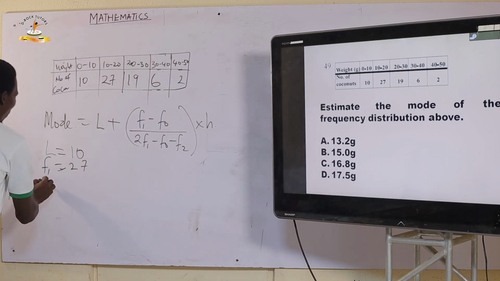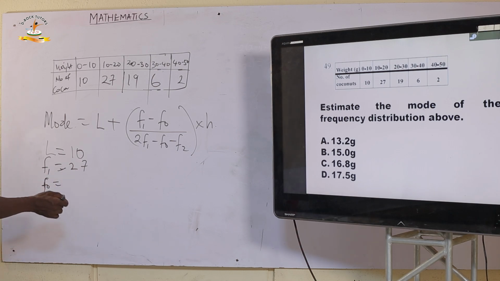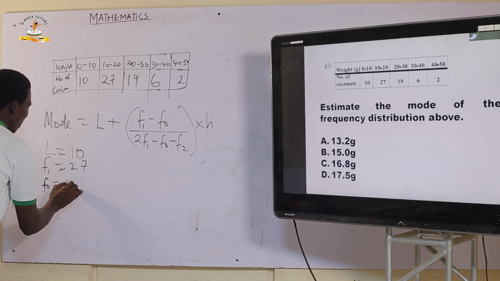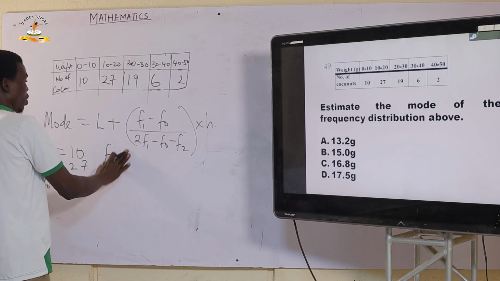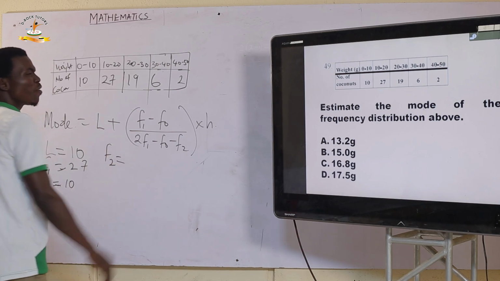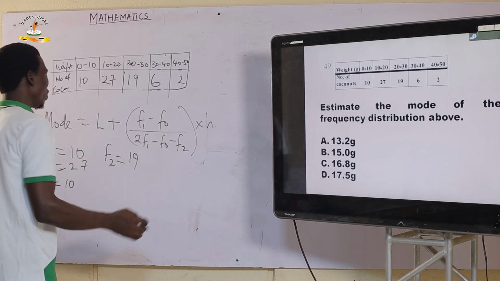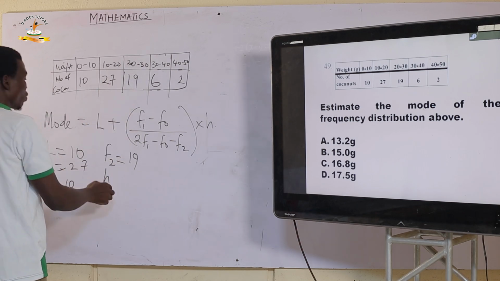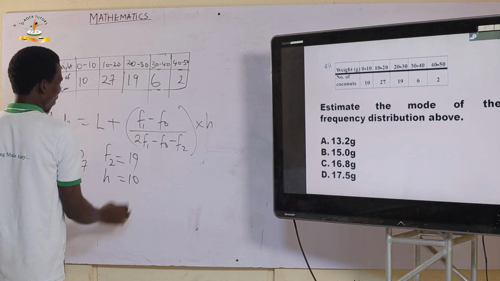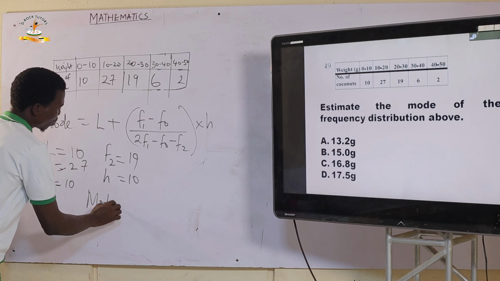So F0 equals the frequency of the class before the modal class, and that is simply 10. What of F1? Sorry, beg your pardon, we've said F1 is the frequency of the modal class. F2 is the frequency of the class after the modal class, and that is simply 19. And H is the class width. So if you subtract, 20 minus 10 is going to be the width, which is simply 10. So we put this into the formula, and we're going to write mode is going to be L,